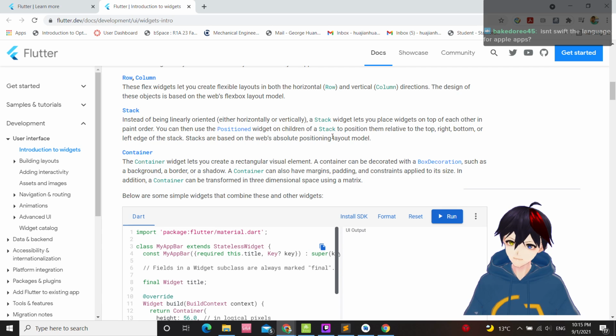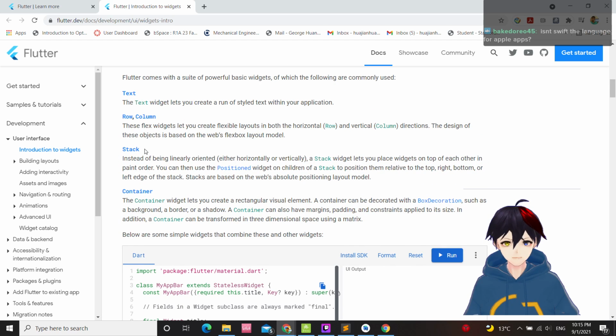Swift is the language for Apple apps, yes, correct. They use the same nomenclature, a solid container too. Circular, rectangular, visual element.